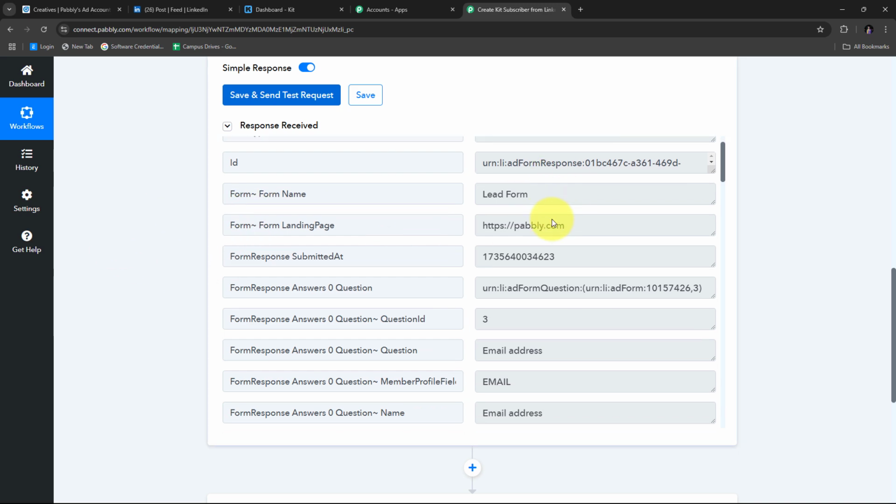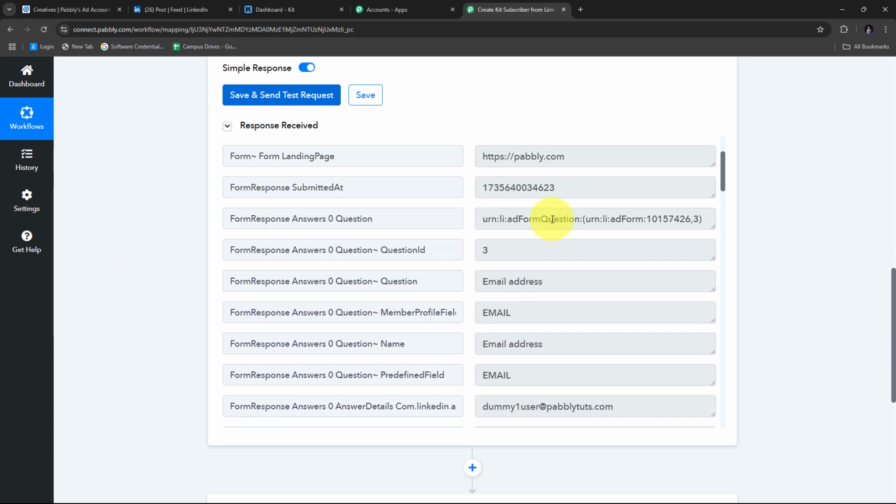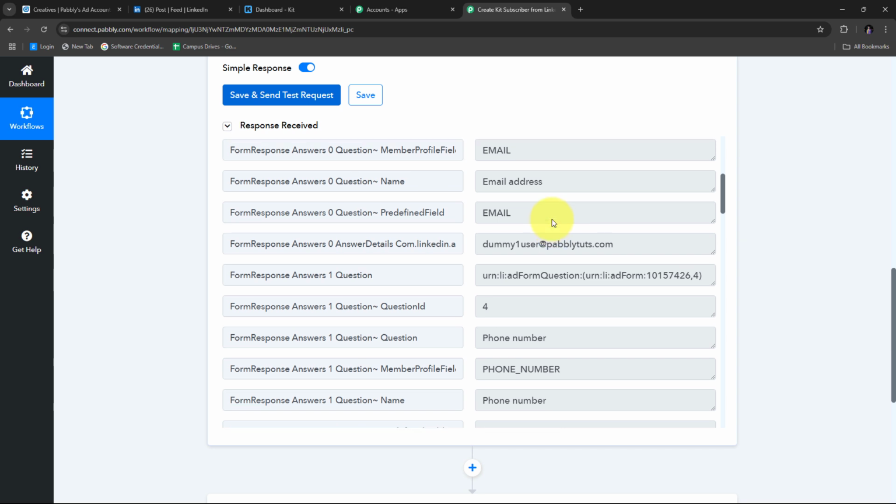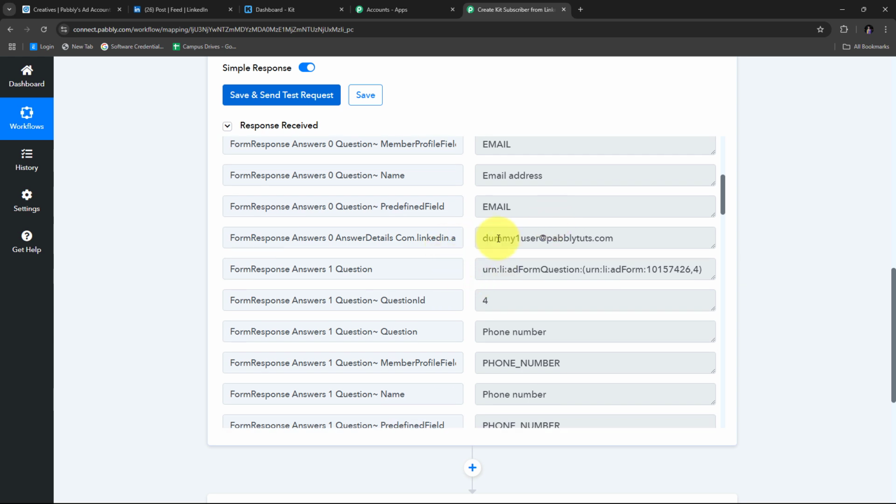And now here in Pabbly Connect, we can see I have received this response. So this is the response of the new lead that I have just generated, and these are my test lead details. And I have received all these details through my ad campaign that I'm running through LinkedIn lead ads. So here I have all these details of my form submission, and here I have the email address that is